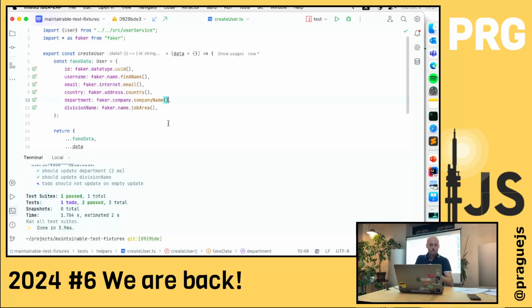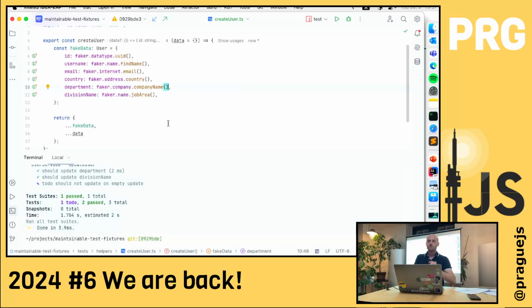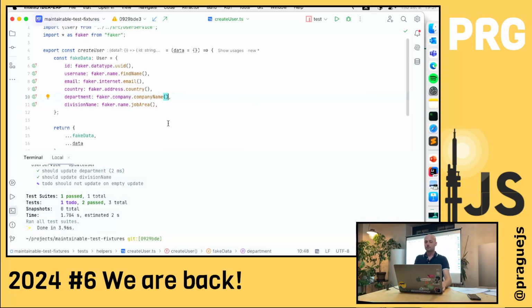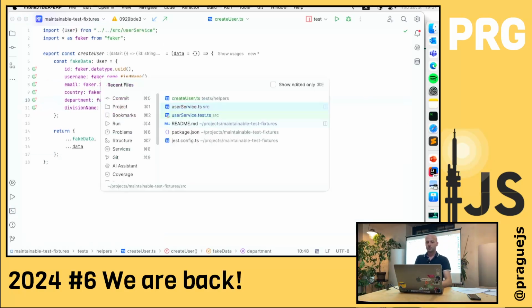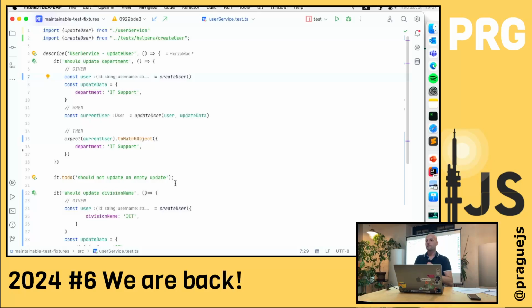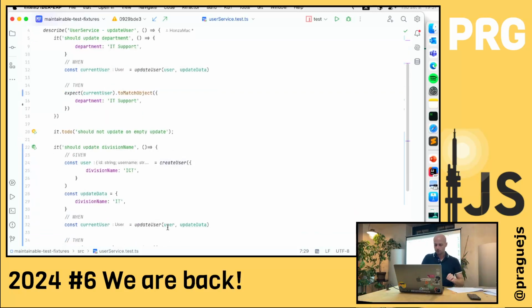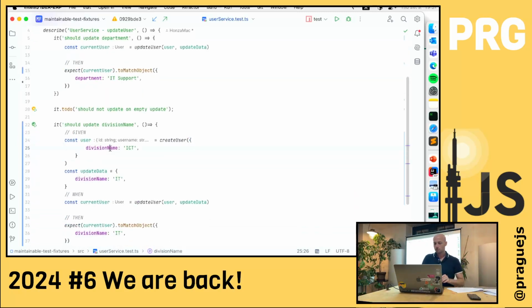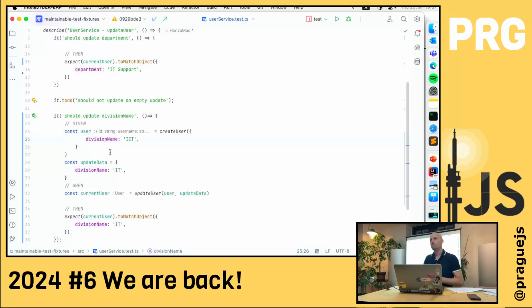So can you maybe go back to the test implementation? Okay, yes. Create user on line 24. Why are you adding the division name there? Because now there is no randomness.